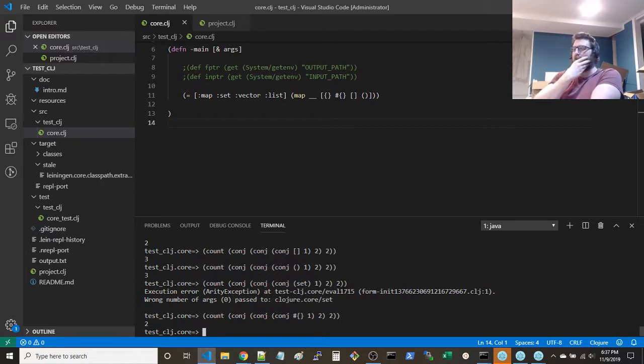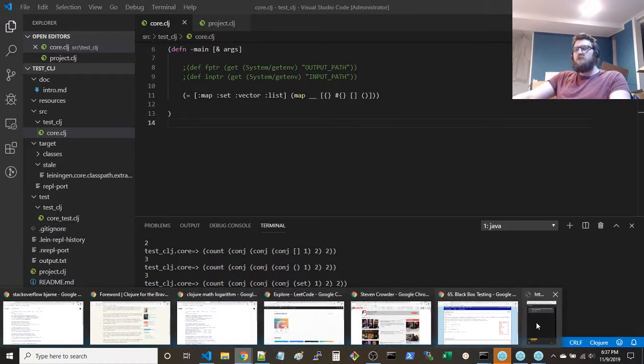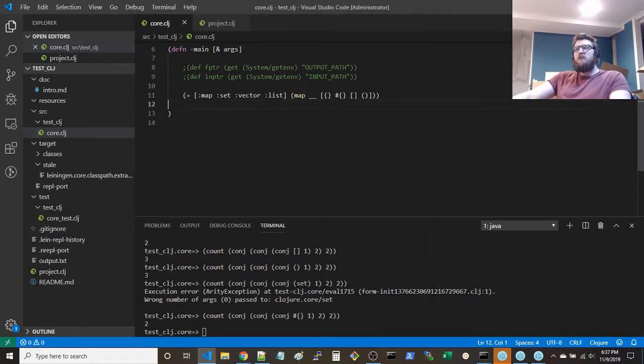Any other case, it's not a set, and then you can check adding 1 and then adding 2 and checking which one is first or which one is last, and that'll tell you if it's a vector or a list. That's it. Pretty interesting.